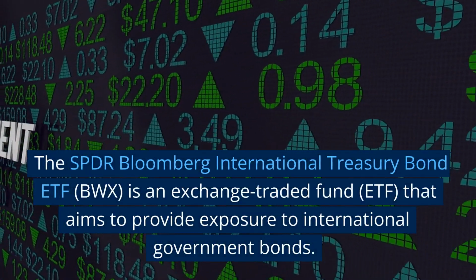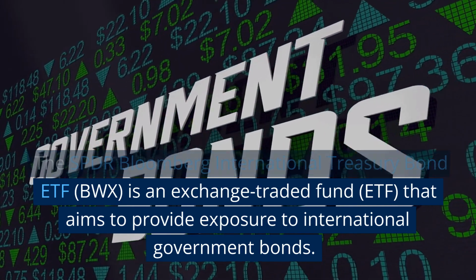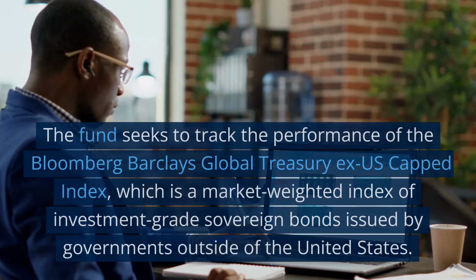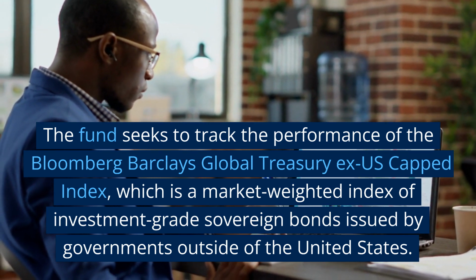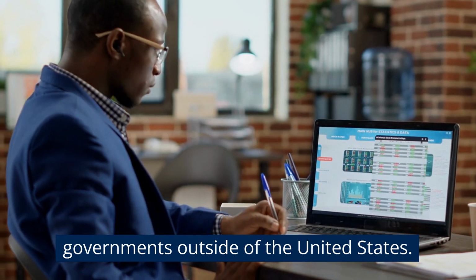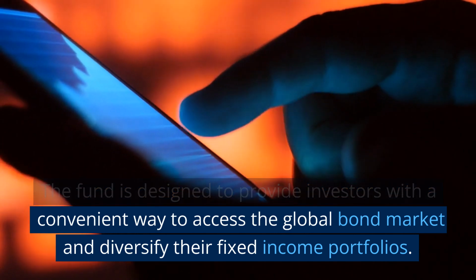The SPDR Bloomberg International Treasury Bond ETF, BWX, is an exchange-traded fund, ETF, that aims to provide exposure to international government bonds. The fund seeks to track the performance of the Bloomberg Barclays Global Treasury ex-US Capped Index, which is a market-weighted index of investment-grade sovereign bonds issued by governments outside of the United States. The fund is designed to provide investors with a convenient way to access the global bond market and diversify their